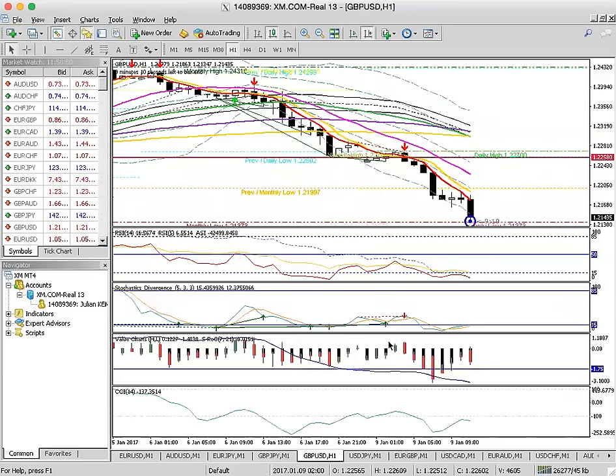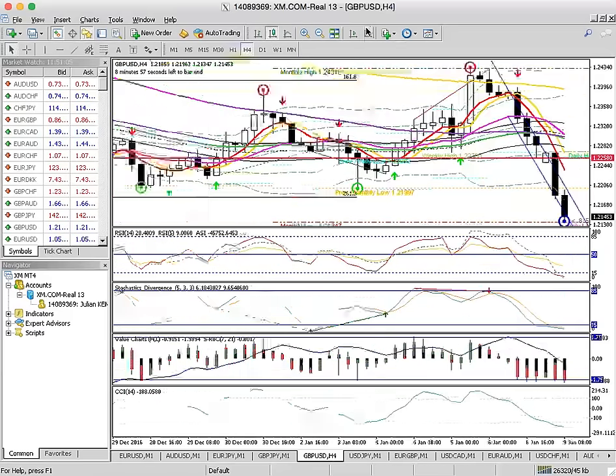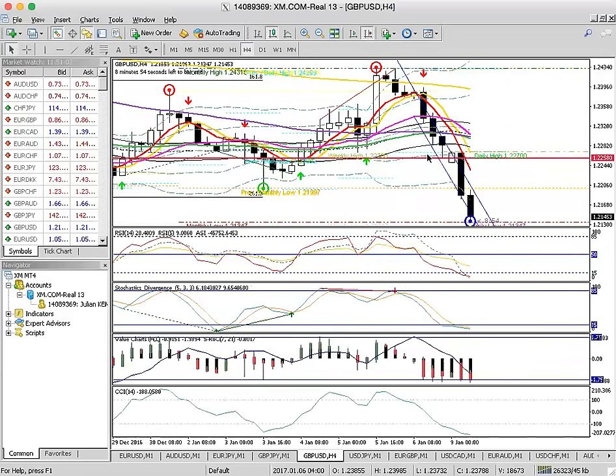Now let's check out the Euro Pound. Euro Pound is very clearly in a downward channel, as you can tell from this. Is it going to accelerate further down? That one we don't know yet. I'm going to go to some of the higher time frames and have a look, like H4. Yeah, we can't really see if it's going to do that, but if anything at all,